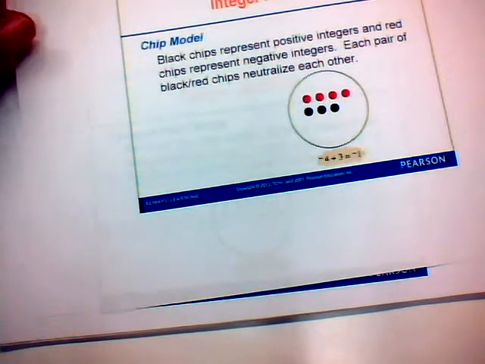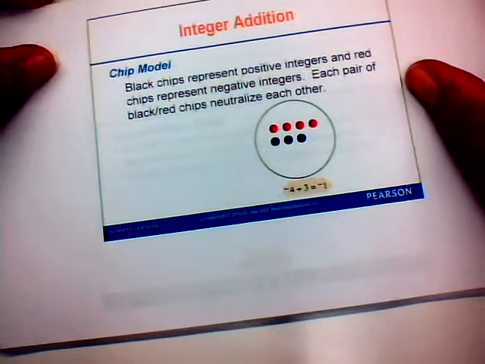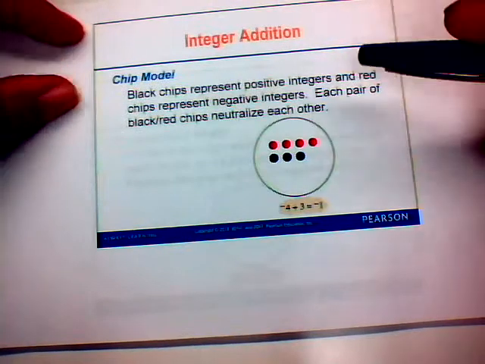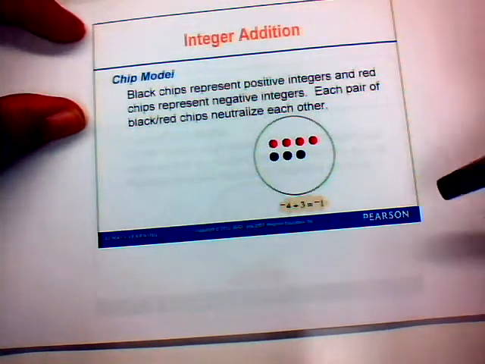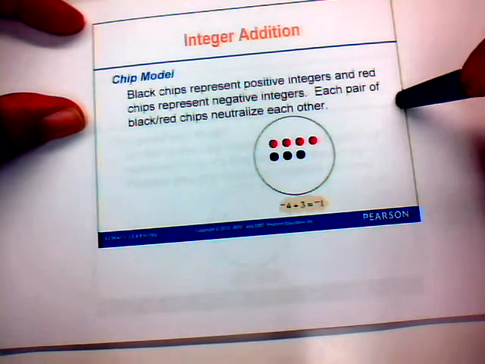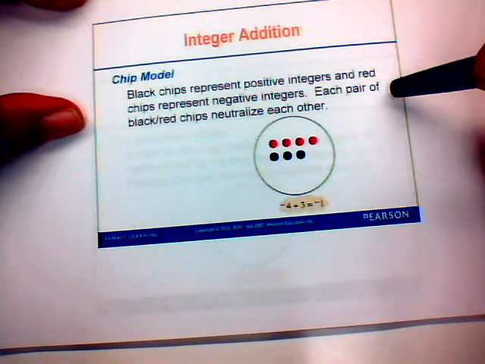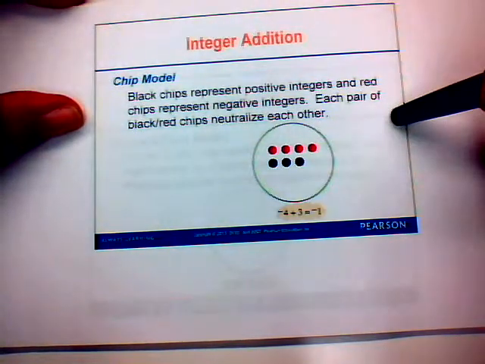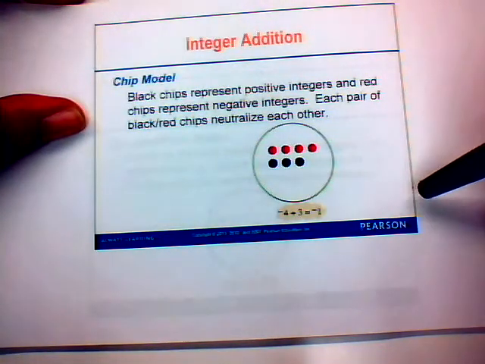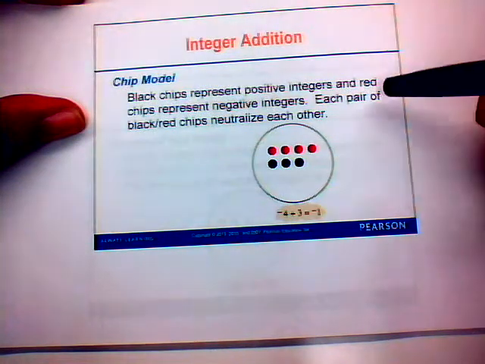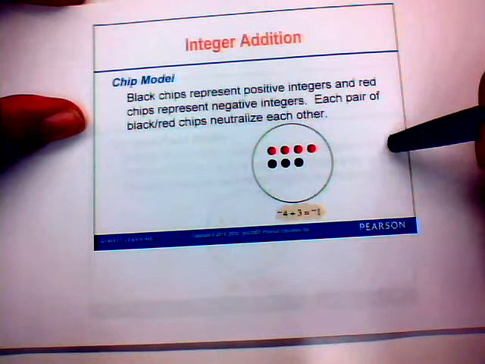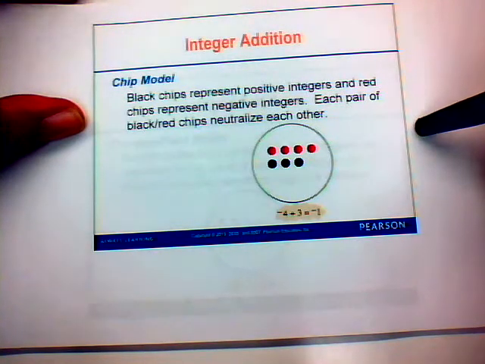There are some ways that we can represent positive and negative integers, and we do have a few models that help us represent integers. One of them is the chip model. We can use black chips to represent positive integers and red chips to represent negative integers. Each pair of black/red chips neutralize each other. In other words, if you have a black and a red chip paired together, that gives you what we call